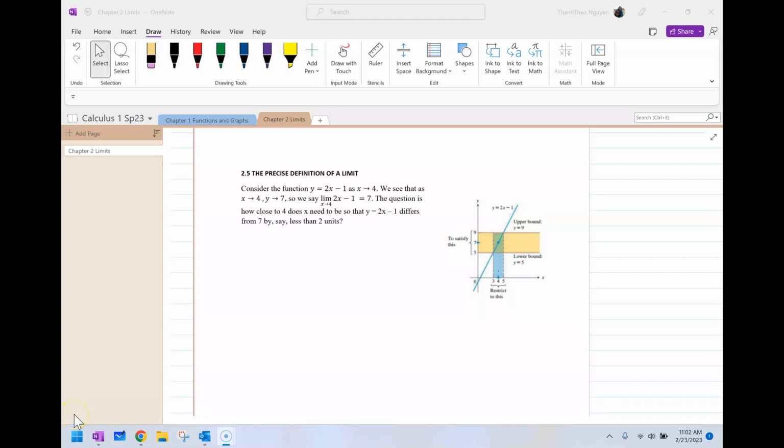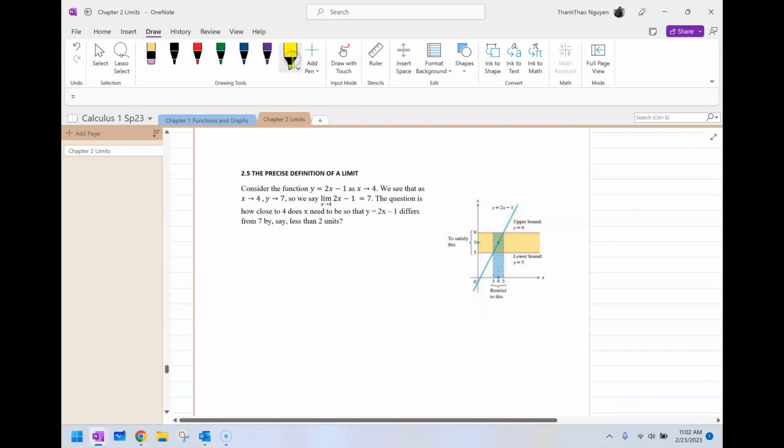Consider the function y equals 2x minus 1 as x approaches 4. Now we can see that the limit as x approaches 4 of 2x minus 1 is equal to 7, and it is illustrated on this graph as well. When x approaches 4 from the left and when x approaches 4 from the right, the value of y approaches